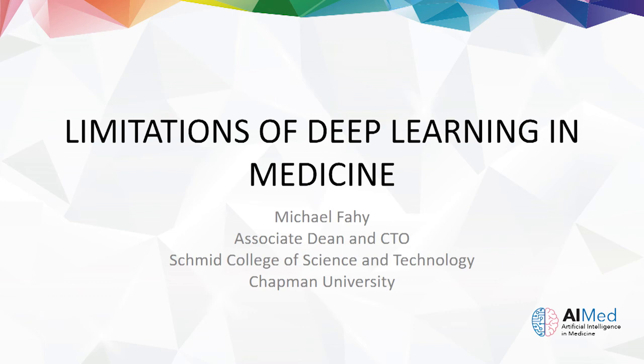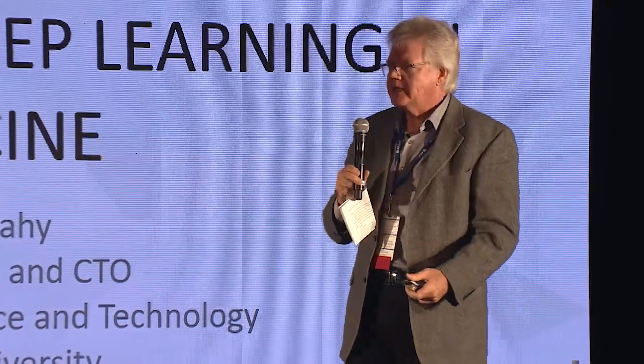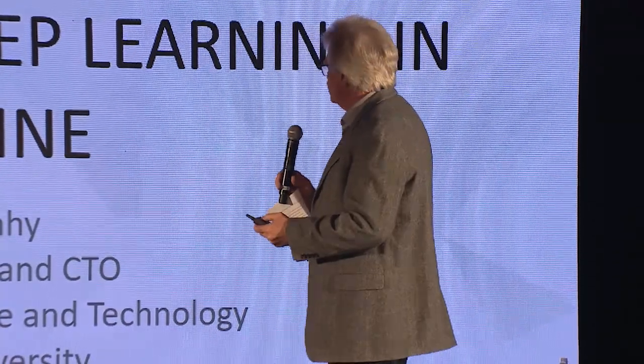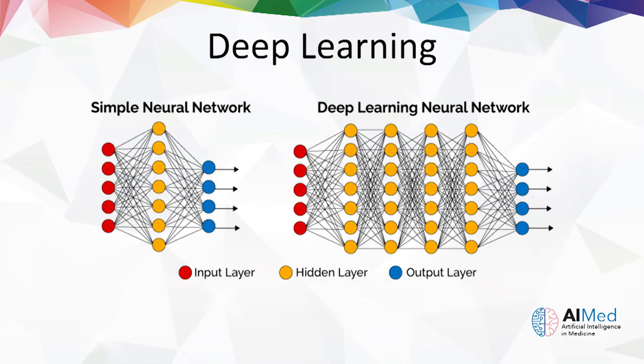Perhaps I'm going to be talking more about perceived limitations, because I'm going to see if we can find some solutions to some of these issues. So you all know what deep learning is all about now, neural networks and deep learning having multiple hidden layers. I think that a lot of the problems that we have with deep learning right now is the lack of theoretical foundation for what is going on.